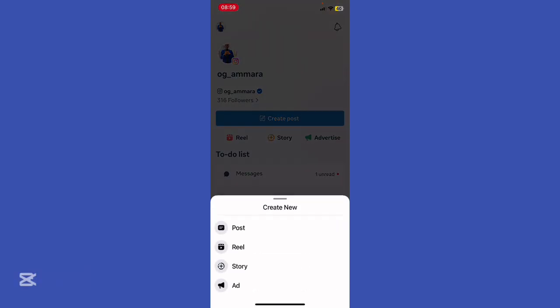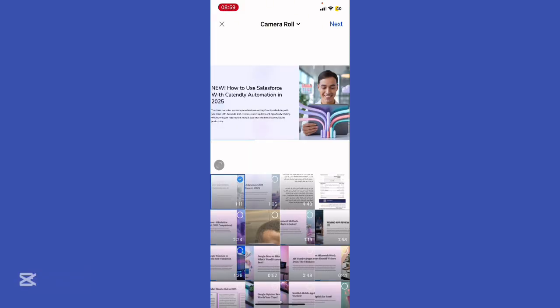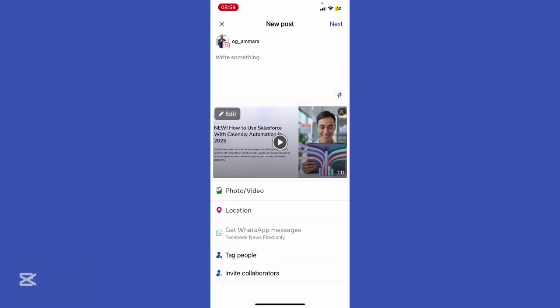Click the plus button at the bottom middle and hit post. And then what you're gonna do, just select the post, hit next, and then add your caption, hashtags, and upload your photo or video. Pro tip: Instagram prefers square 1080 by 1080, vertical 1080 by 1350, or for Reels 1080 by 1920